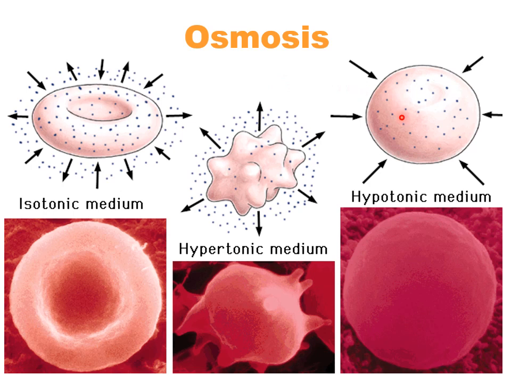Now if we take our red blood cell and drop it into a pure water solution, a distilled water solution, a solution which has no solutes at all, just water, the solutes of the cell can't diffuse out of the cell down their concentration gradient. The plasma membrane prevents that. So what happens is the water diffuses into the cell, it swells, and it may burst. We call this kind of a medium that causes water to diffuse into the cell a hypotonic medium.